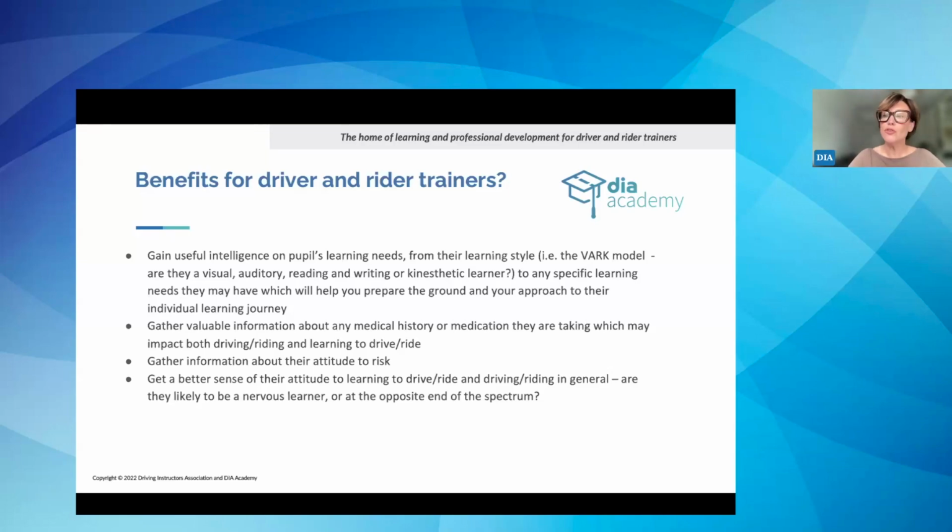There's an element to which you could do some risk profiling into this whole pupil profiling process. And as I said before, it gets a better sense of their attitude to learning to drive and their experiences to date of not just being in a driver training process, but being on the road at all as either a road user, pedestrian or passenger, or somebody who's had some terrible experiences of learning to drive already with another ADI.